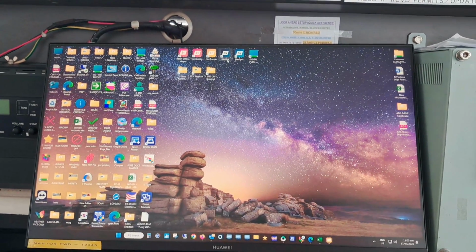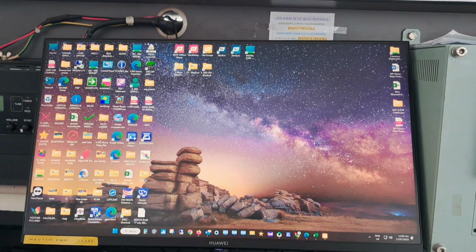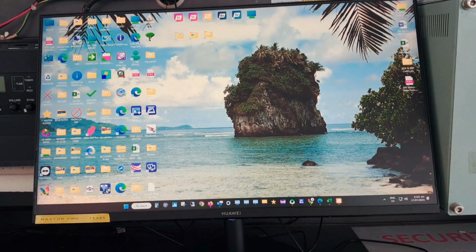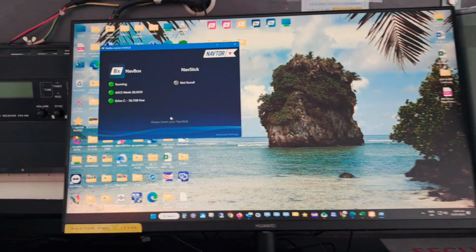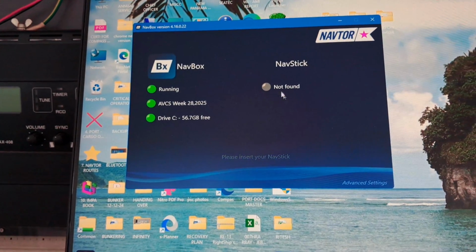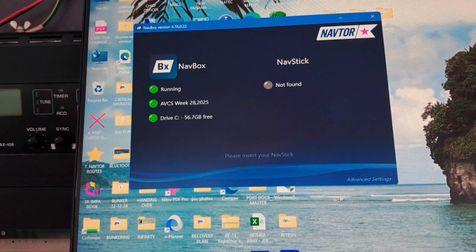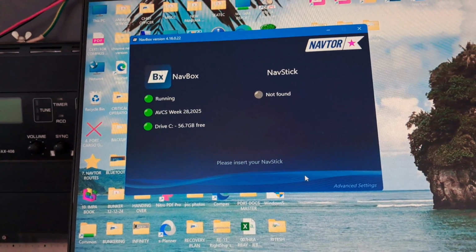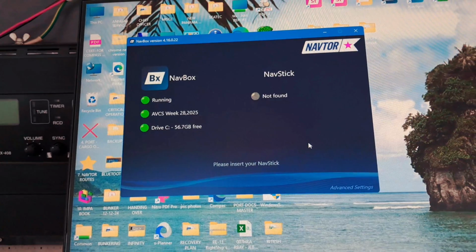Next, we'll get the charts through the NavBox. We'll go to NavBox and connect the NavStick. Here it is showing insert your NavStick. If I insert it, the update will come, and I'll update, and then again I will go to the ECDIS and update the ECDIS. All the charts will be updated there.